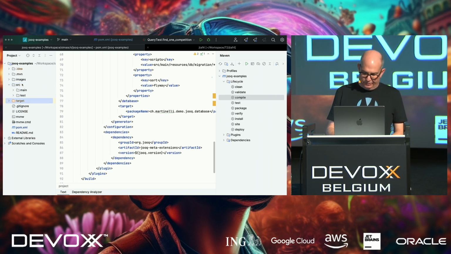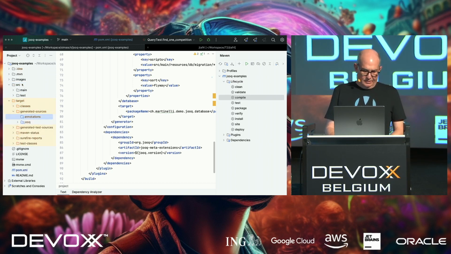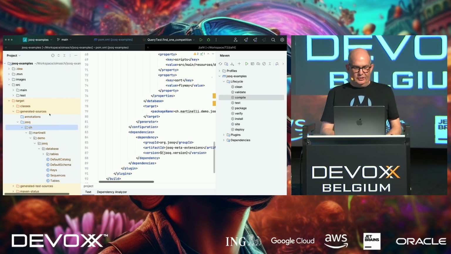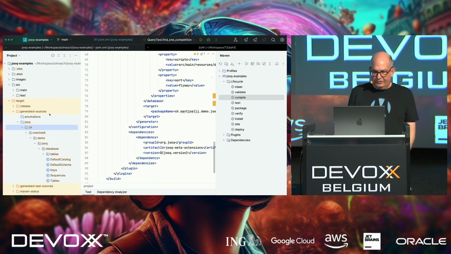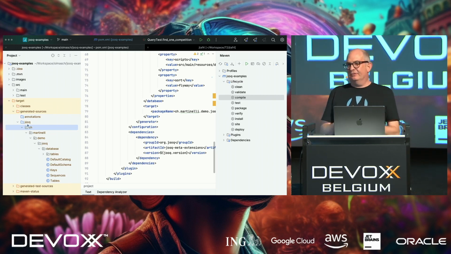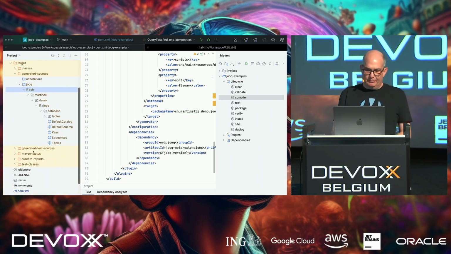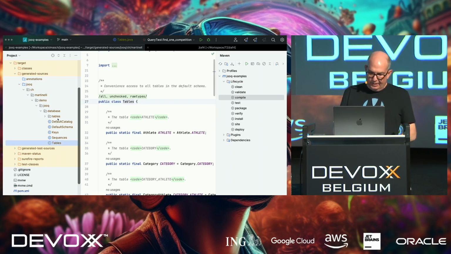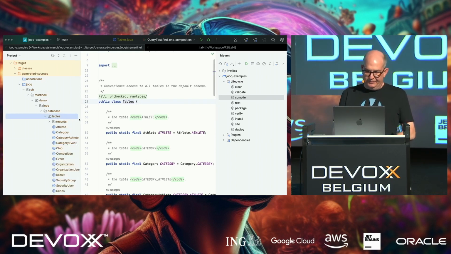That means if we go to the generated sources in the target directory, that's the default directory for generating. So even IntelliJ will find the generated classes automatically and will add them to the class path. And here we have some information about the database itself. So we have a default schema, catalog. We have some tables, keys, and sequences. But what's interesting is we have